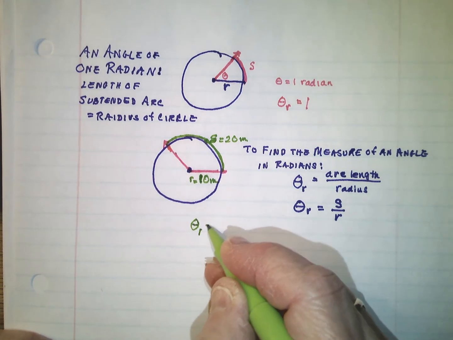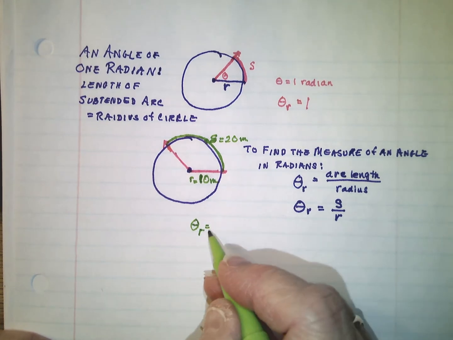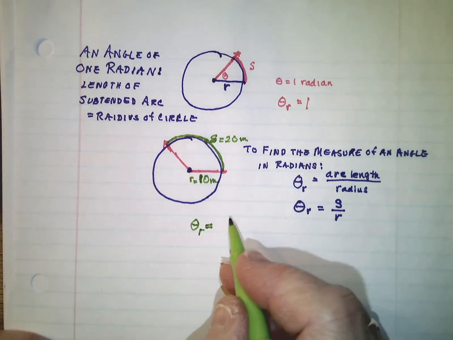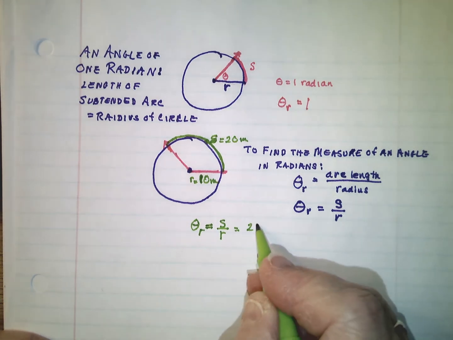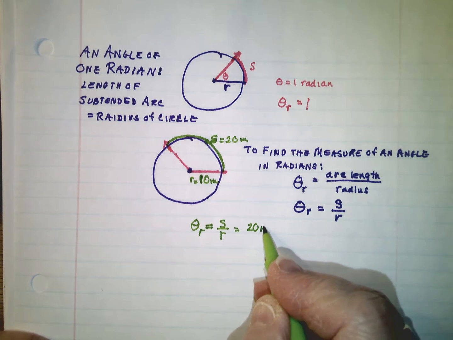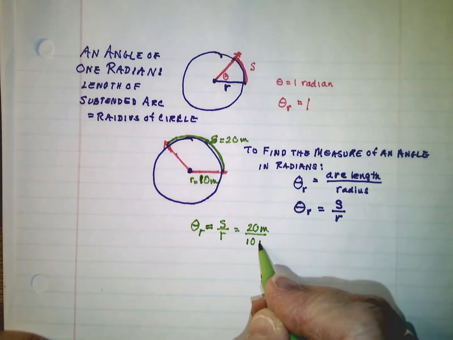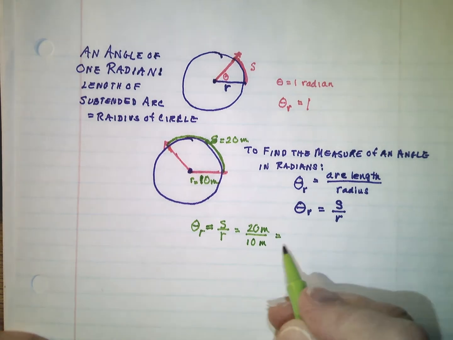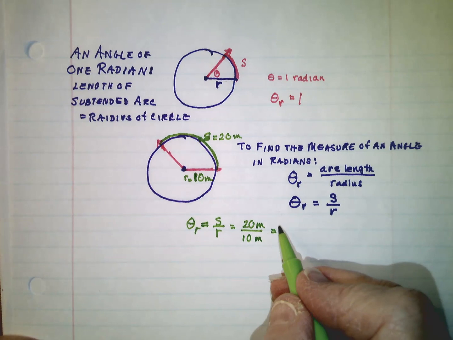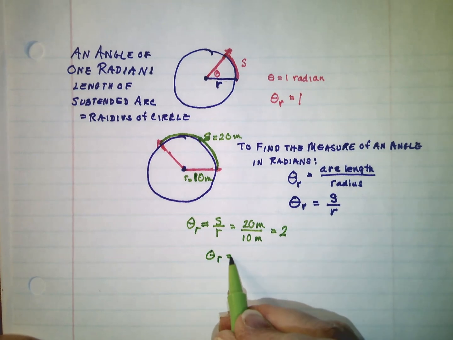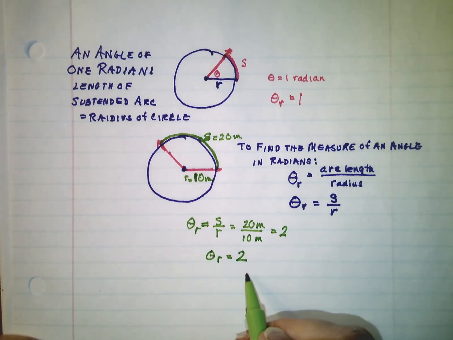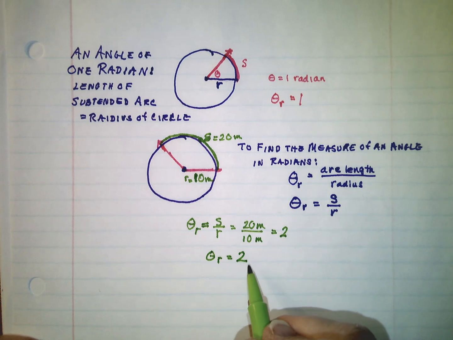So the angle in radians would be the arc divided by the radius. So it's going to be 20 meters divided by 10 meters, and the meters cancel out. The angle in radians is just 2. It has no units attached to it,